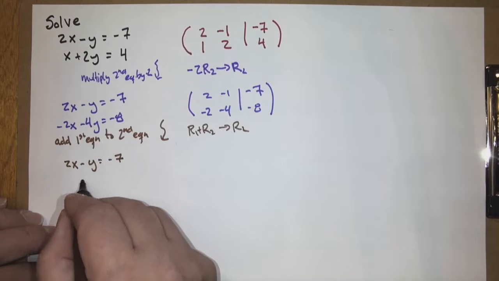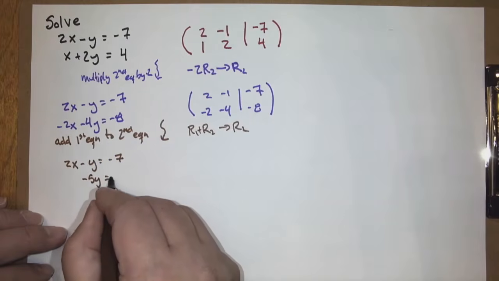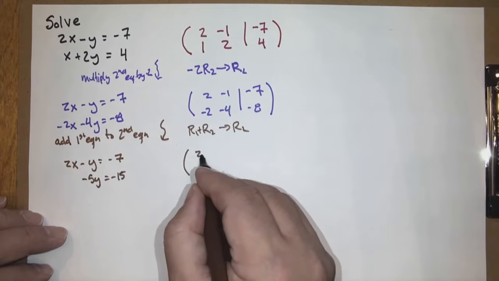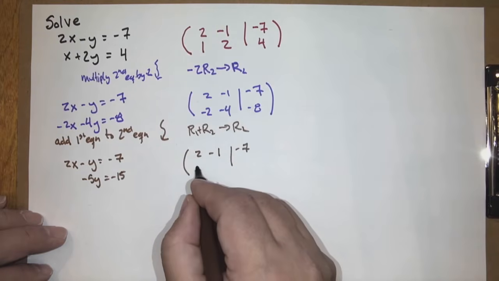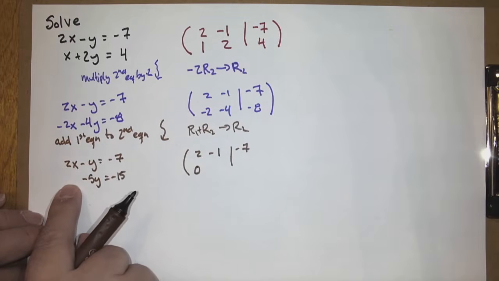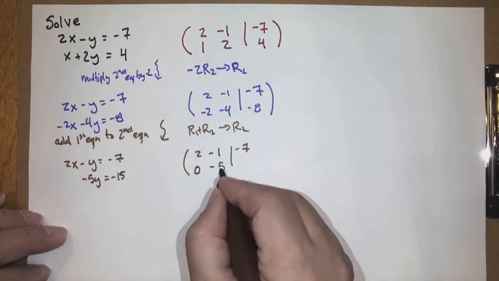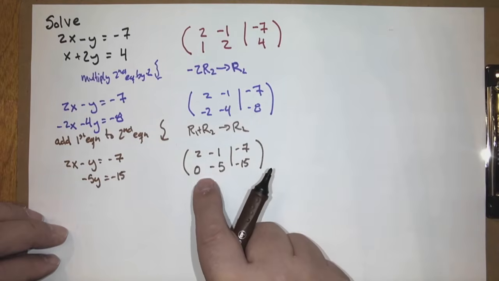Minus y minus 4y makes -5y. -7 plus -8 makes -15. In terms of our augmented matrix, we have 2, -1, -7. 0, anything that's missing is a 0 coefficient. 0, -5, -15. By the way, we like zeros